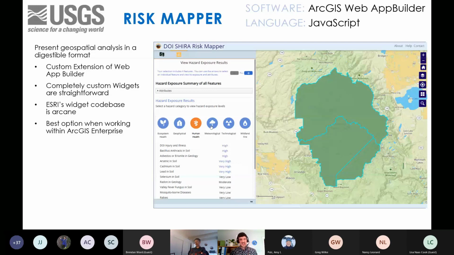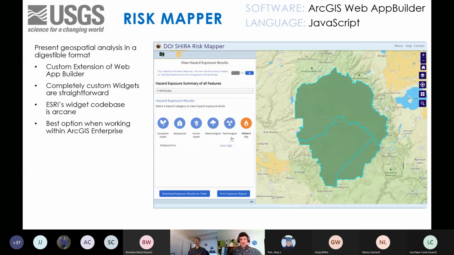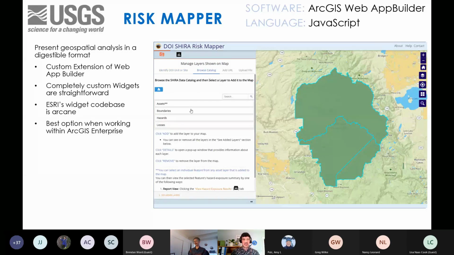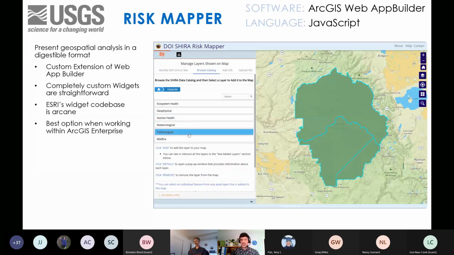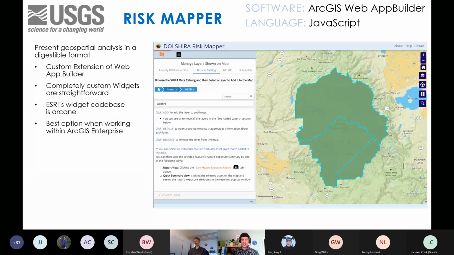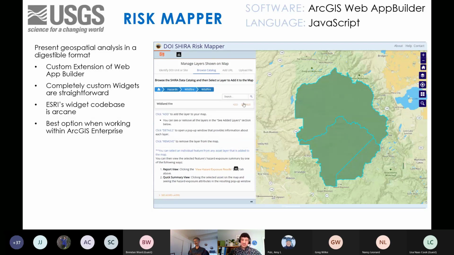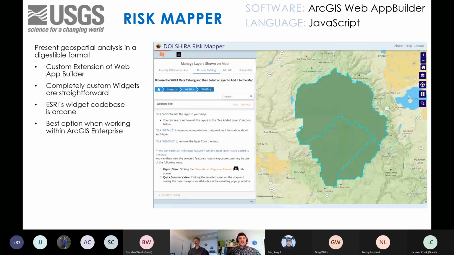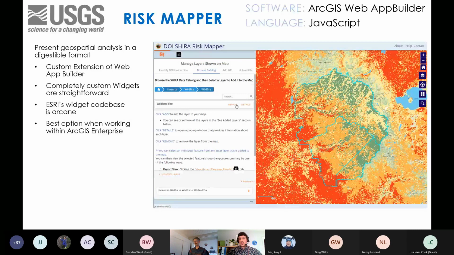You can see there's quite a range here as I zip through the app, but we want the user to be very specifically guided step by step to identify their asset of interest, and then they can see the hazard exposure in a nice little visualization that was made with D3, and then they can add supplemental map information.